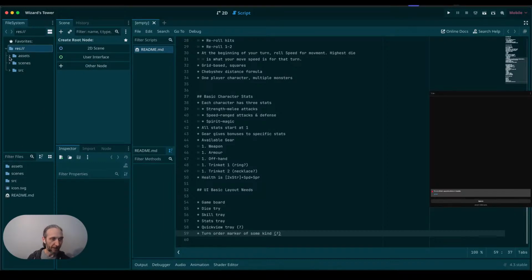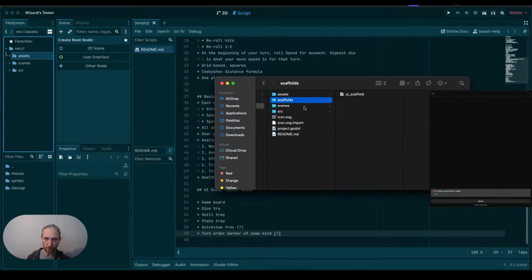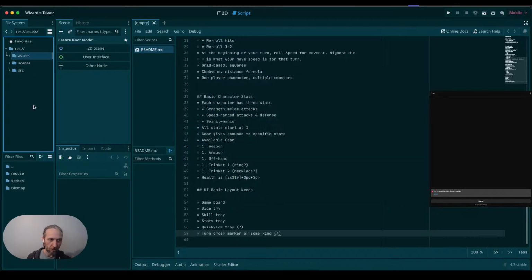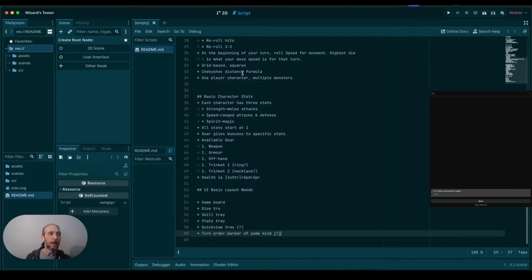And now if you look, we have asset scenes source, but we do not show the scaffolds folder because gdignore is telling the editor to ignore that folder. So it won't show up in Godot, but when I